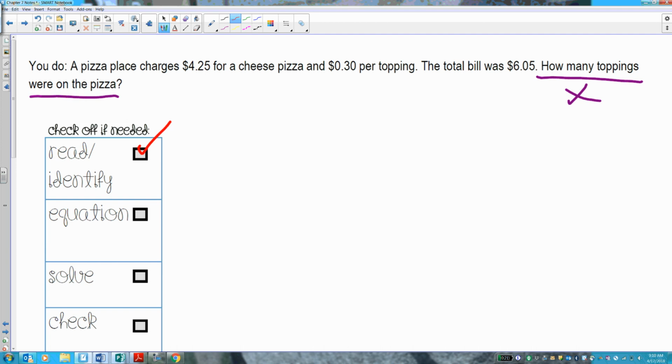Now I'm going to write an equation. So they charged me $4.25 for just the base pizza, basically just cheese, and 30 cents per topping. So on top of the $4.25, I have to pay an additional 30 cents per topping. And "and" typically means addition, not always, but, and then the total bill was $6.05. And if I'm getting a bill and it says total, I know that's my equal sign. All right, so equals